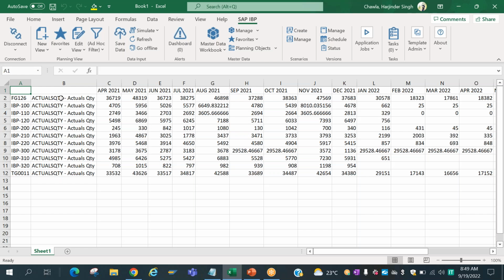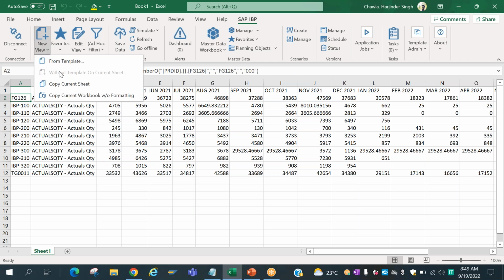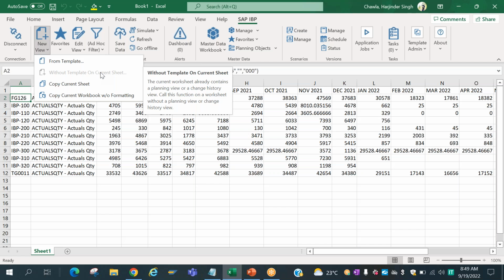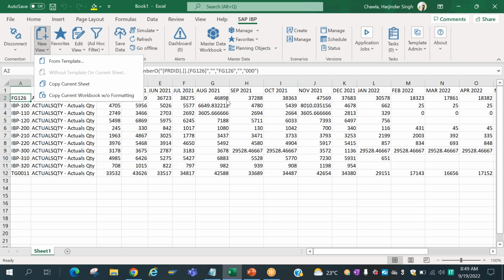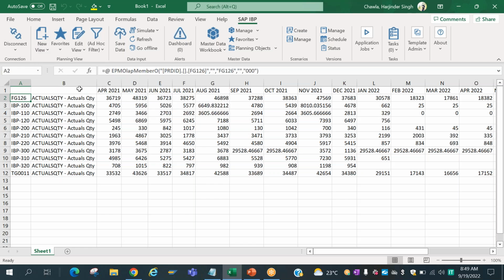So now this is your key figure and this is your product. So when I'm doing it without the template, right? I have done it without template on the current sheet. Then you see that there are no colors, there is no logo, and there is no heading also, right? Manually, if you want to put a heading to this, that's also very easy. You don't have to remember, this is a key figure, you have to give the key figure heading.